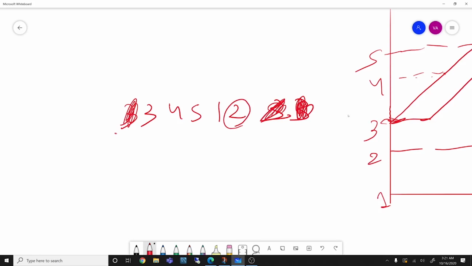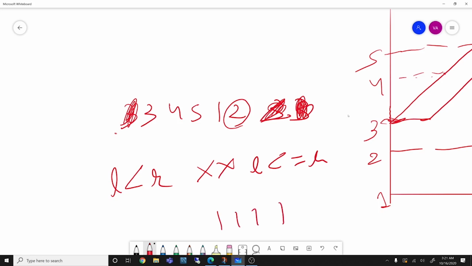Another important thing to note is that I've written L less than R and not L less than or equal to R. Why? Let's consider 1, 1, 1 and 1. In this case, I still need at least one instance of 1 because this could be a potential target, right? But if I had kept L less than or equal to R, it would have removed all the ones. So I hope that part is clear.